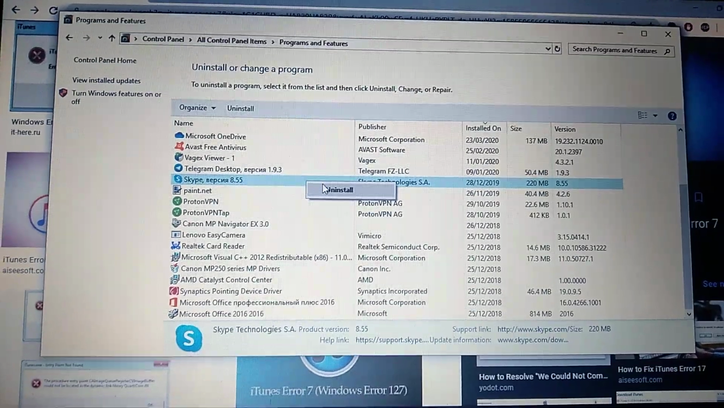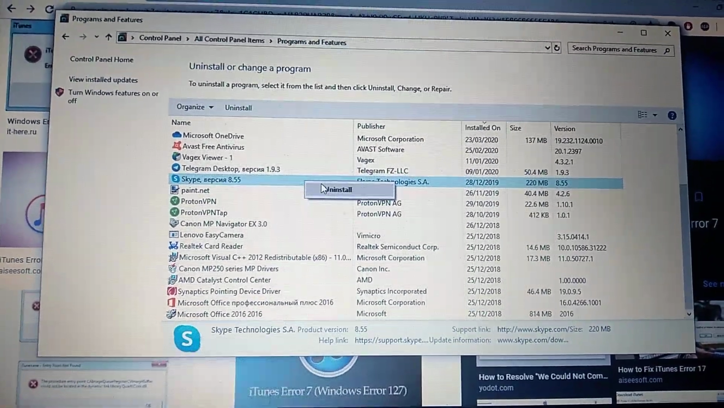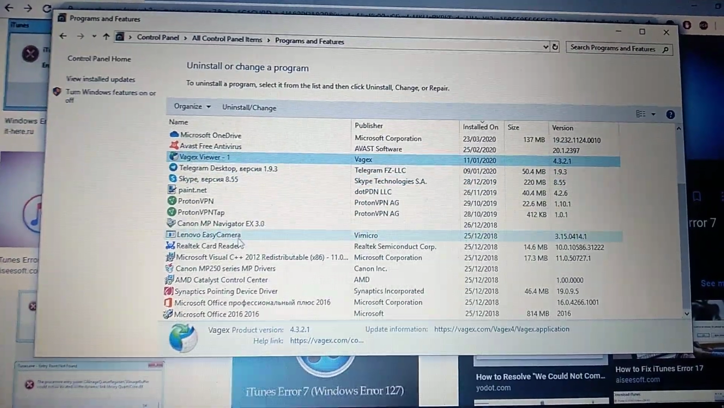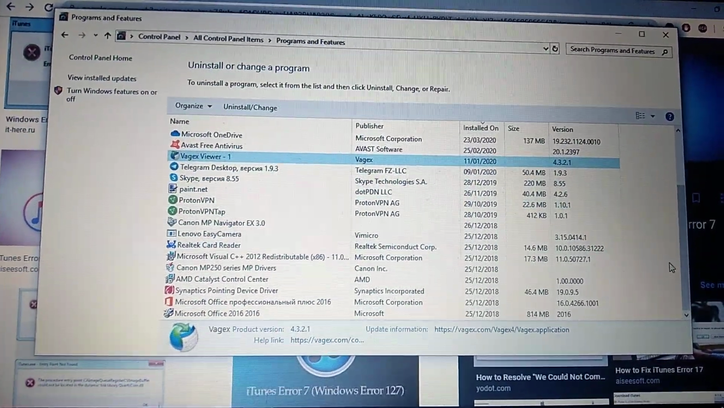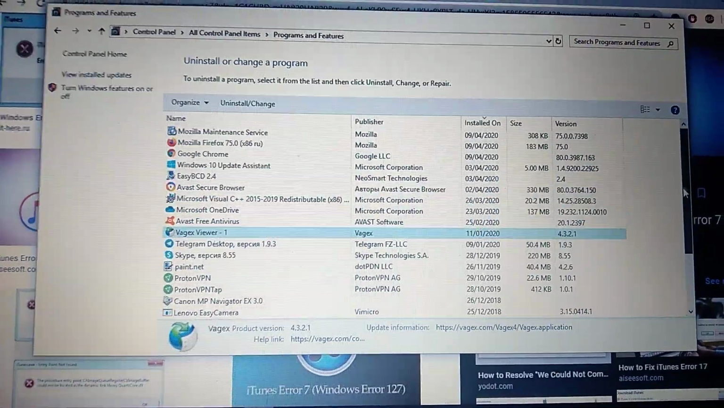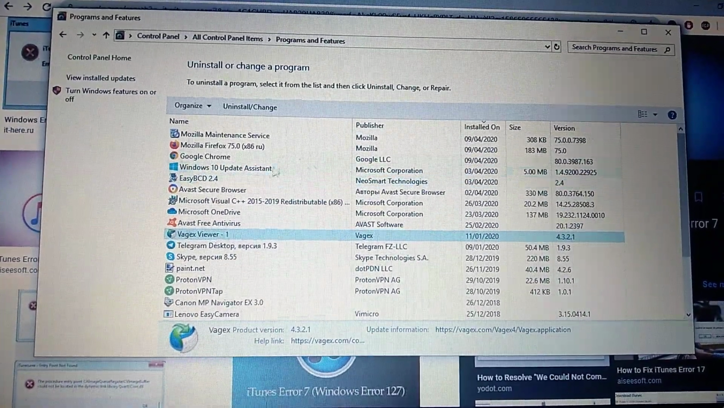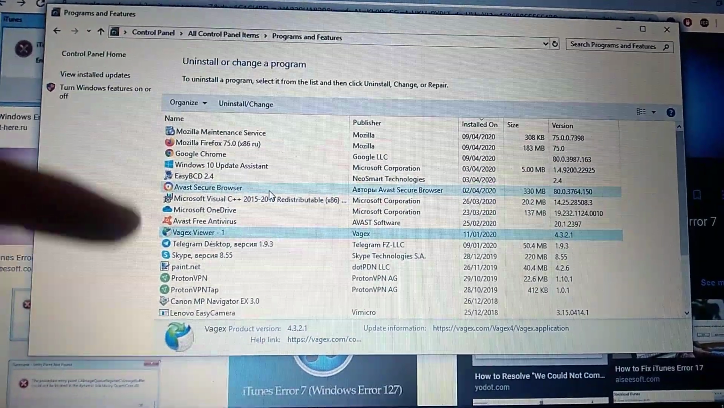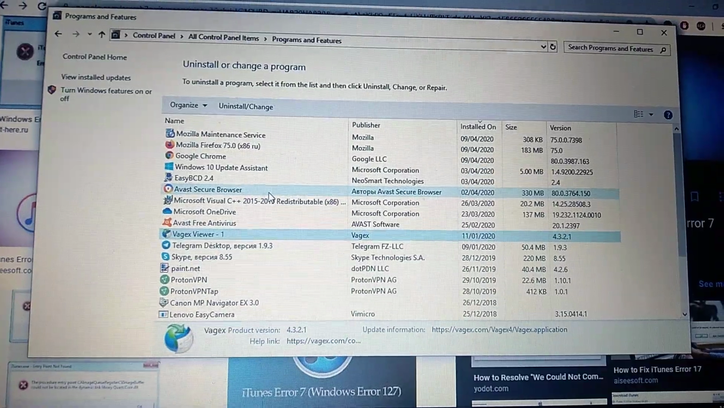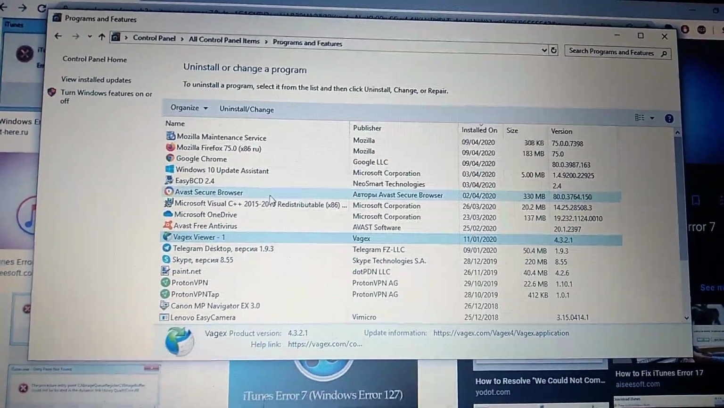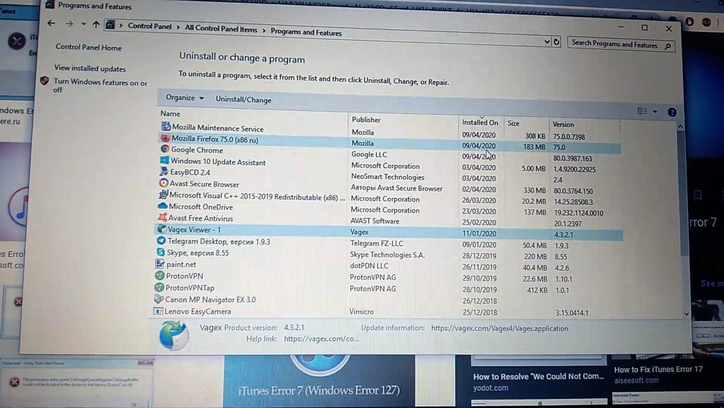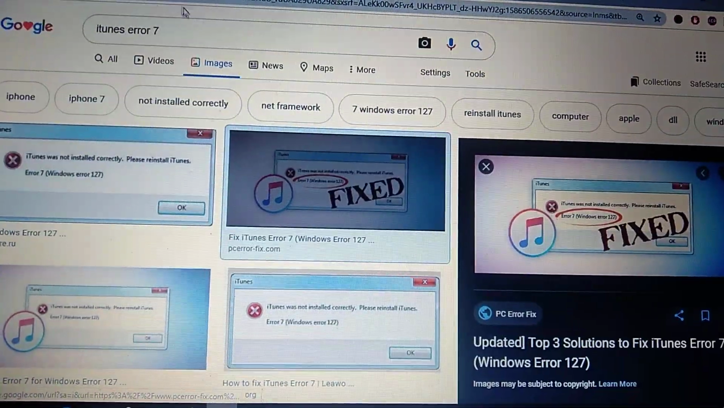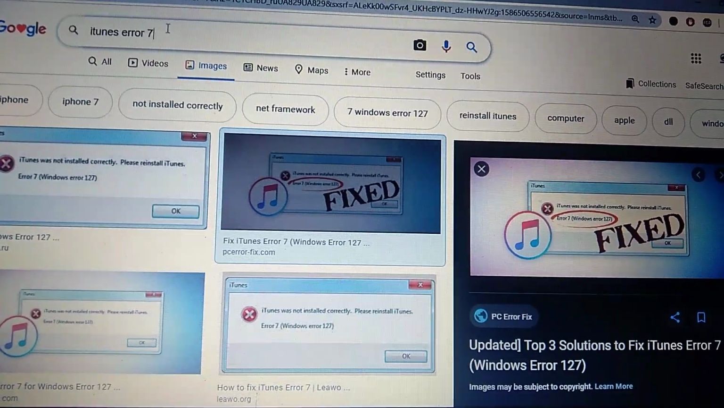So after you uninstall your iTunes, you need to find, second, Apple software. It will be a program here at the top of this list, and everything Apple mobile, I thought so. So everything that was installed with iTunes, you need to uninstall, and after you uninstall it, you just go to Google and write in Google iTunes,